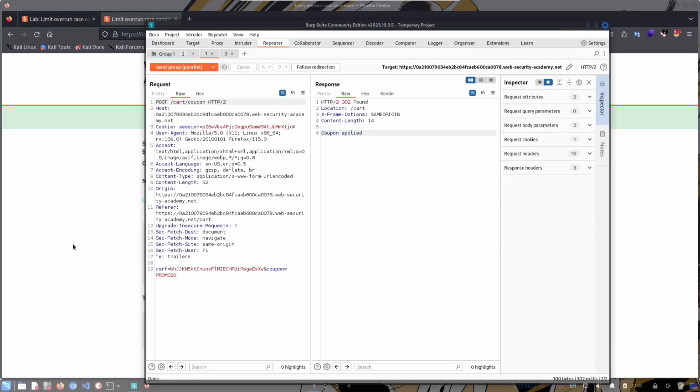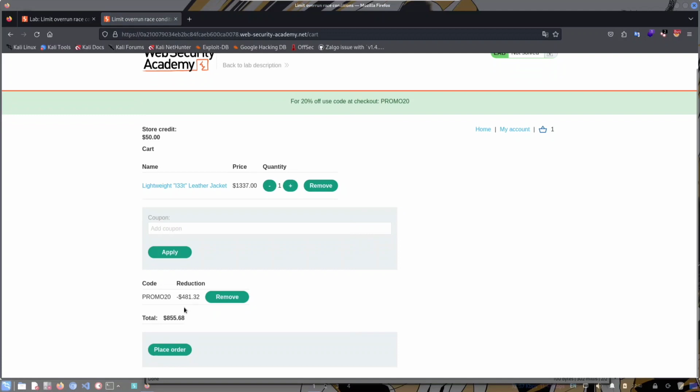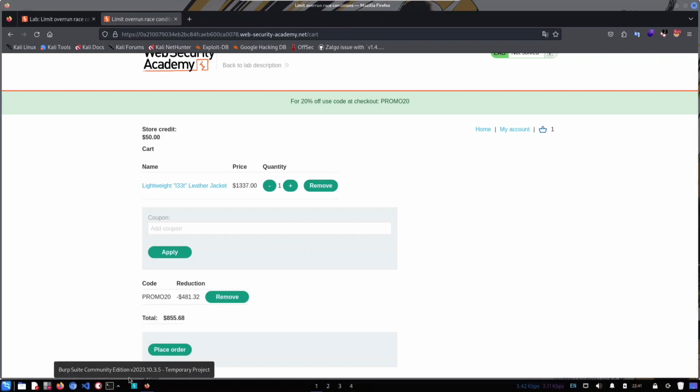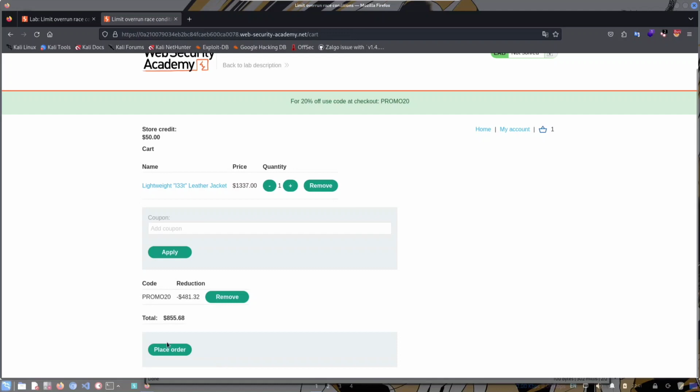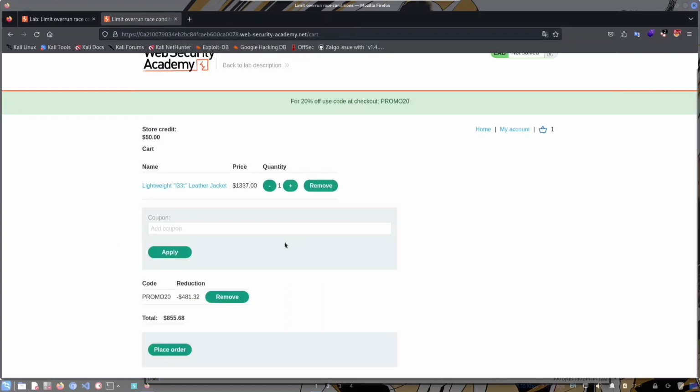The coupon is applied, so let's see how much it is applied. As you can see, the amount of the discount has been doubled, and it has been deducted from the final price, and it has reduced from 1000 to 855. So this confirms that this web application does have a race condition vulnerability, and we can use it to purchase this item for a negligible amount. So for that, first we will have to remove this,